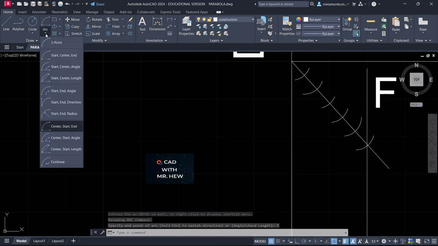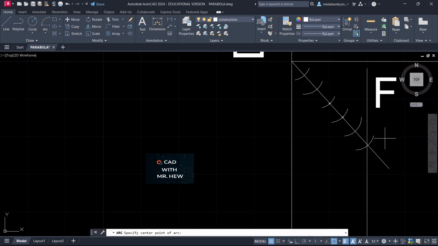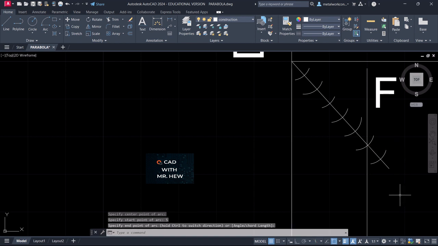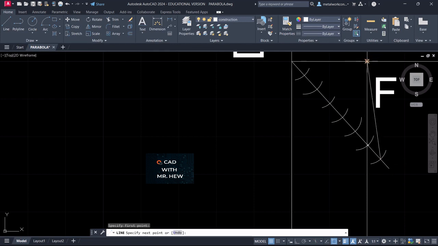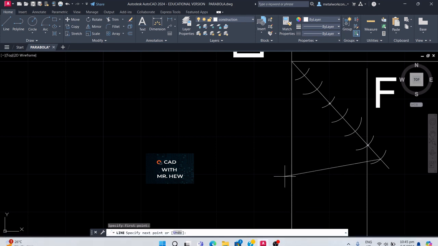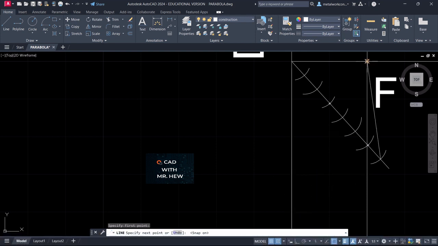I'll go again, 5. Enter. So what we're going to do now is draw a line from the last division to, let me turn on snap,